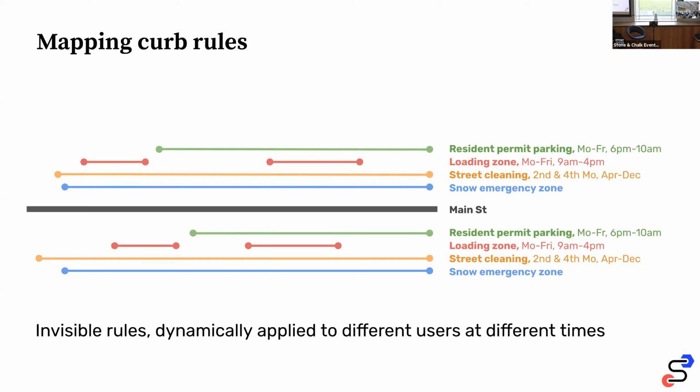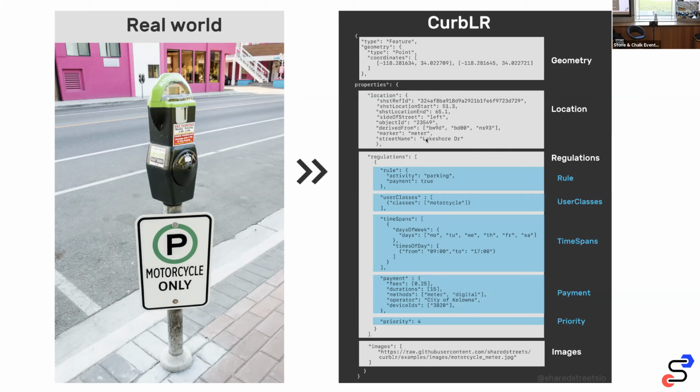There's some geometry information where there's physical coordinates that you can drop onto a map. There's more detailed location information. So this is a way of saying, I'm talking about Lakeshore Drive from 51 to 65 meters on the left side. And there's an ID that we can use to link that between maps, so that if someone else has a slightly different base map, they're able to generate this ID as a kind of Rosetta Stone. So that's a way that we can say, I'm talking about a segment of a street. And then there's the who, what, when, where, why. So in this case, I'm saying what is allowed or not allowed here, by whom, at what time is payment required.